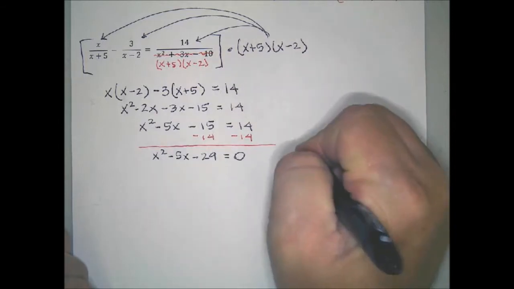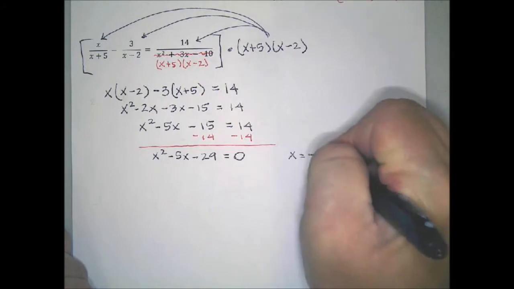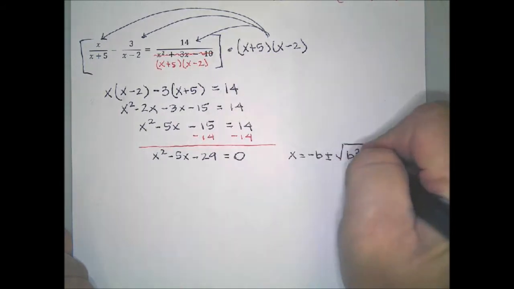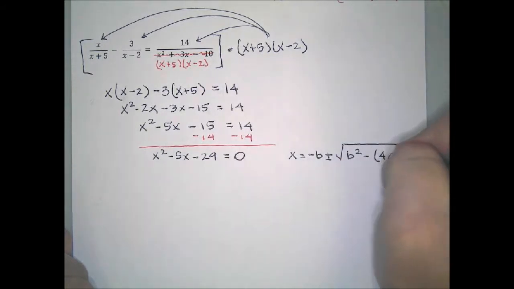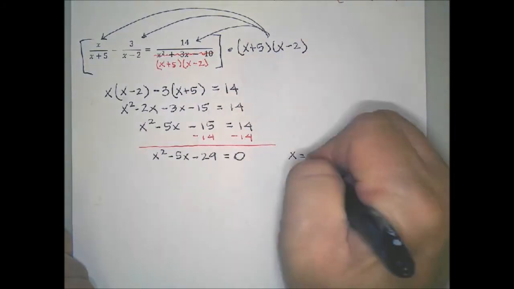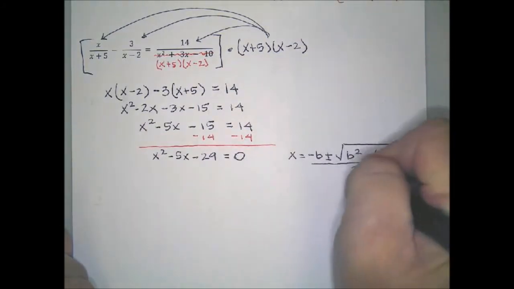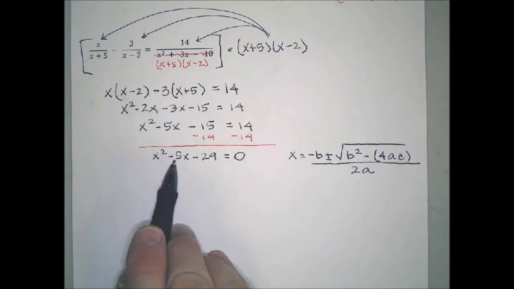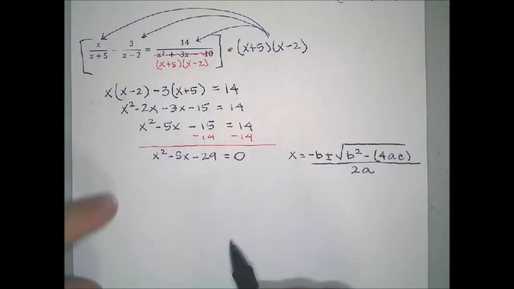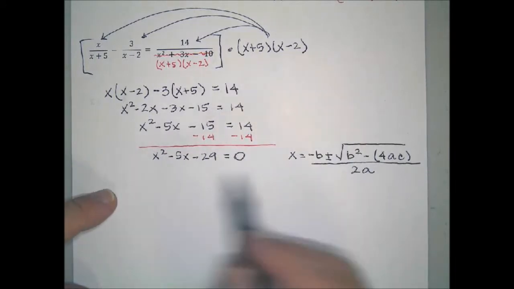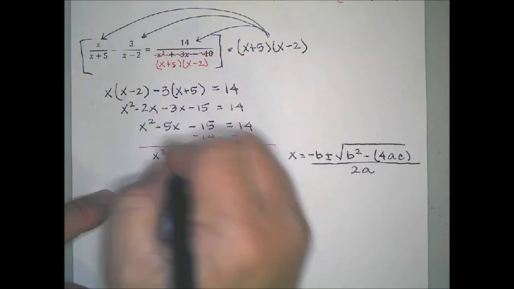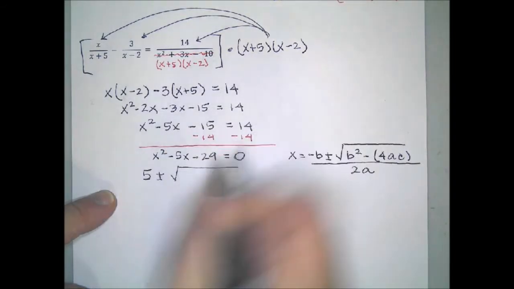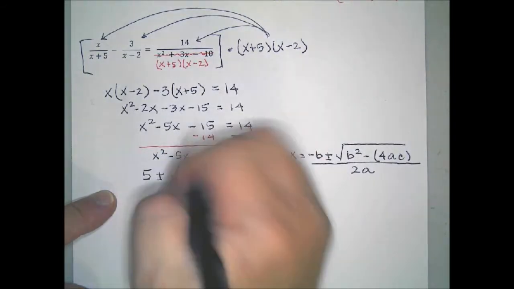Just as a reminder, x equals opposite b plus or minus the square root of b squared minus the product of 4 times a times c all over 2 times the a. And the a is 1, the b is negative 5, the c is negative 29. So, x equals opposite b, so positive 5, plus or minus the square root of b squared, which would be 25,